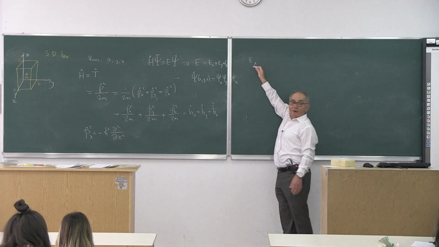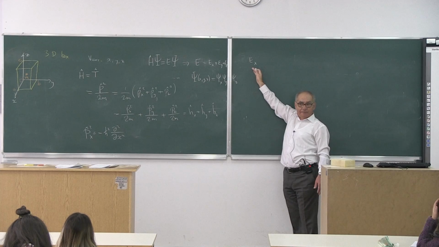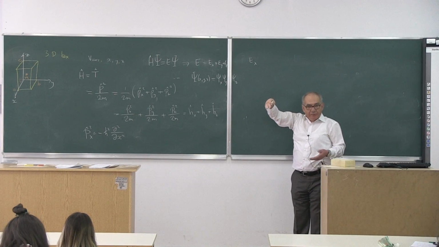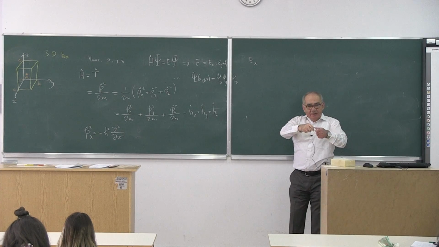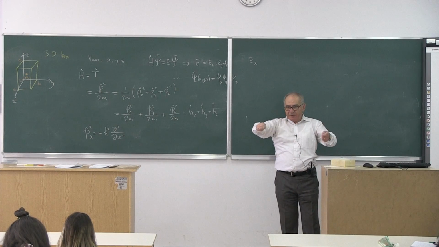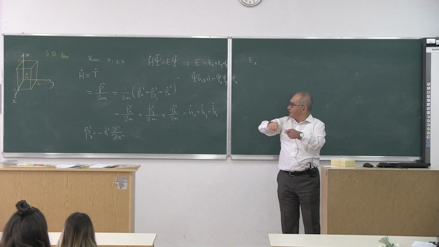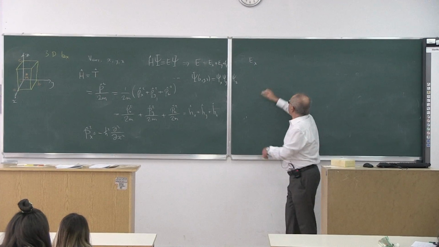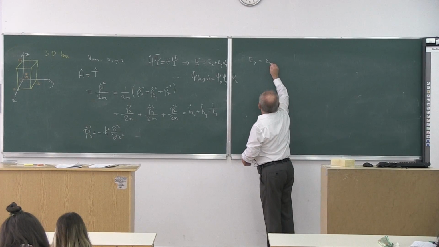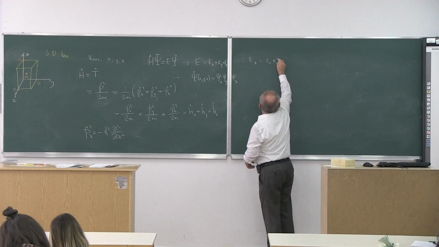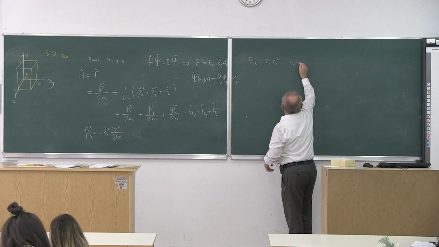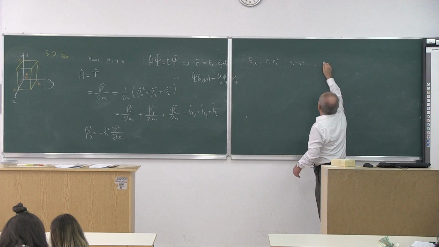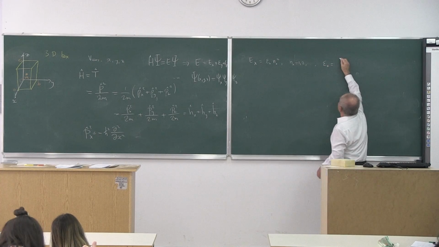What are the allowed values for the energy of the x particle? What is the x particle doing? Moving in a one-dimensional box. What is the size of the one-dimensional box for the x particle? A. So this is just epsilon x times nx squared, where nx is 1, 2, 3, any number, and the definition of epsilon x is